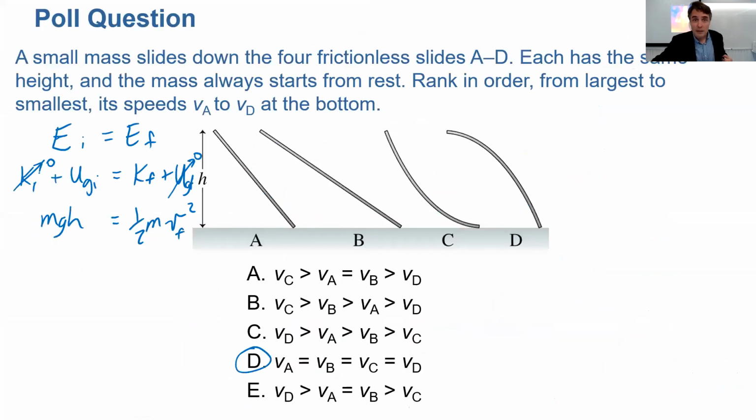I want to know what reference point you're using for the 4 sticks, because I use the left end of the stick as the reference point. I was thinking that when the left end hits the ground, the right end goes up a little bit. So I think it would get a little bit of gravitational potential energy. So maybe C would have a little less speed, because the right end of the stick would get a little bit of gravitational potential energy.